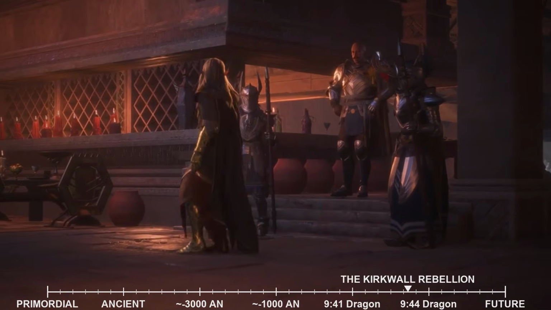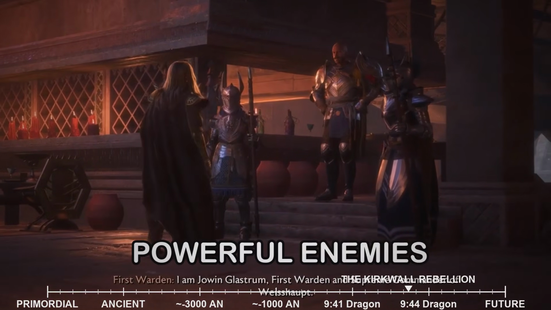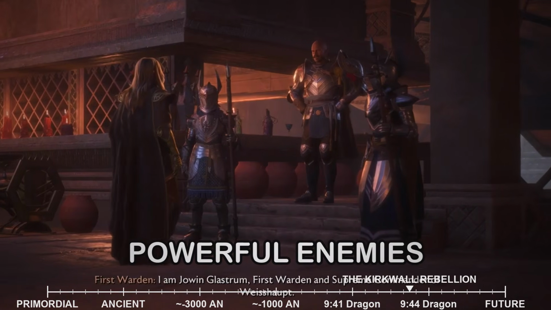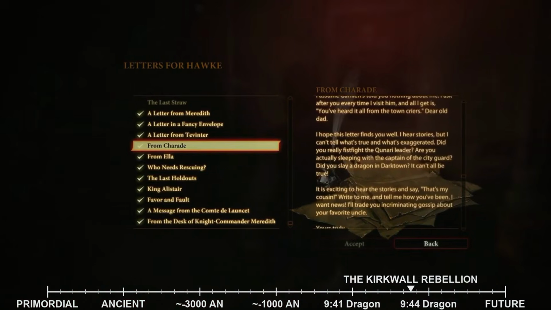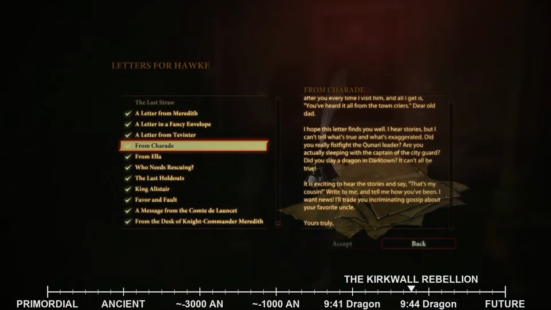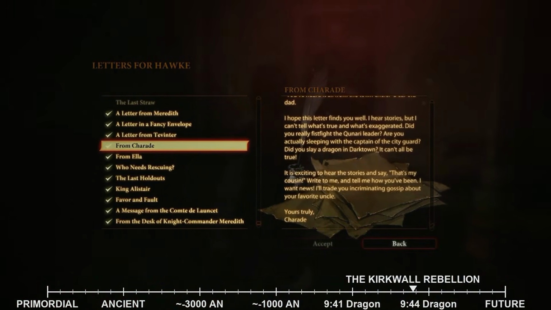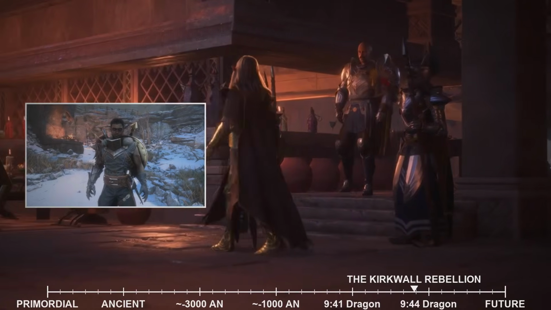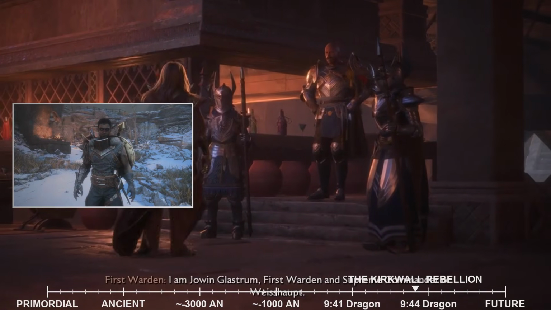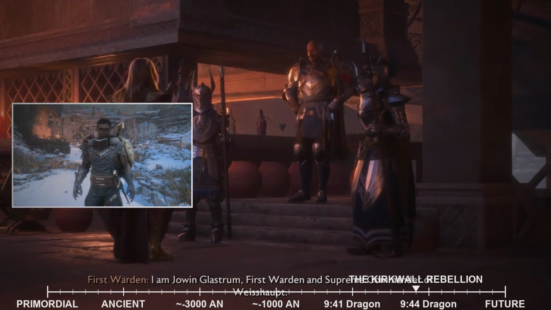Conversely, their actions also earned them powerful enemies, particularly among those who saw their rapid ascent as a threat to their own established power. Hawke's reputation, built on daring expeditions and shrewd dealings, grew with each encounter, making them a central figure in the city's ongoing drama. They became a magnet for both opportunity and danger, their name whispered in both awe and fear throughout Kirkwall.